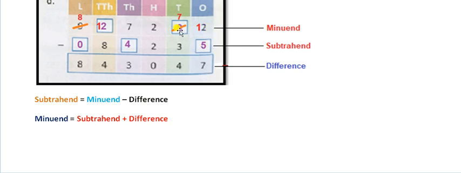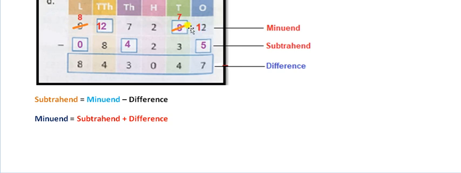Now here we are not aware of what digit was here. In order to know the minuend number, we will be adding subtrahend and difference. Try to add 3 and 4. When we add 3 and 4, it becomes 7. But here 2 has borrowed one number, so there must be one more extra. So in 7, you add one more extra because 12 has borrowed 1 from that number. So 7 plus 1 becomes 8. So right here, 8.